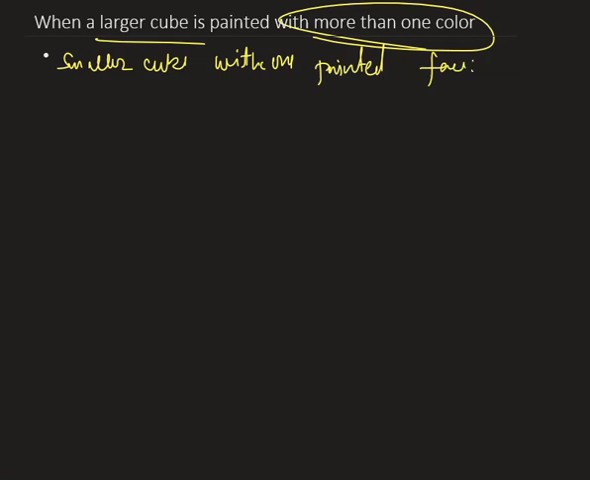Okay, when it is asked to determine the number of smaller cubes with one face painted with a particular color, then the first and foremost task is to find the number of faces of the large cube on which the particular color is used. If the particular color is L,